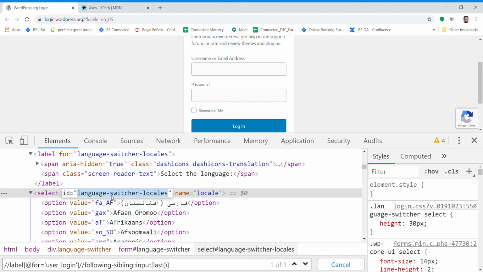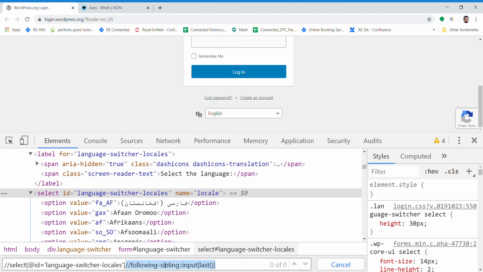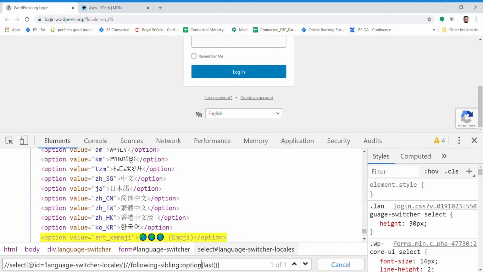So this has an ID of language speech or something. Use this one. This is the ID. This is a select tag. Let's see if we are able to find it. Yes, this is one element. Let me press Ctrl J. So here we are going to use following sibling, but the tag name is option. Option, right?